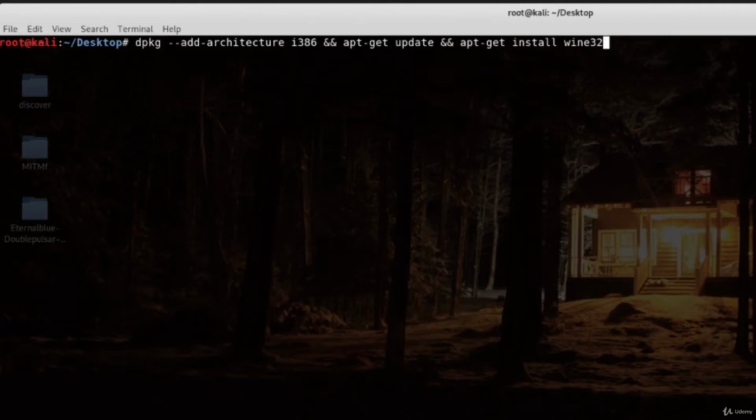It will simply add the architecture for the 32-bit wine, so you can actually install the wine32, as we can see right here. And it will take a little bit of time to actually do this, especially depending on your update, or whether you updated your Kali Linux regularly or not. It might take some time, it might take a few minutes, but it can also take up to 30 minutes, so don't worry about that, just leave it run, and as soon as it finishes, you will be good to